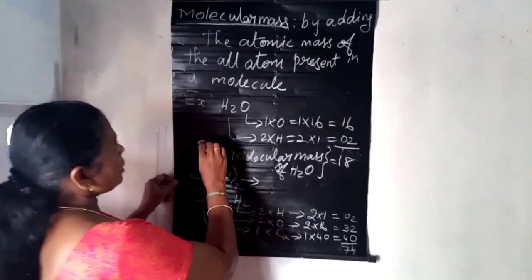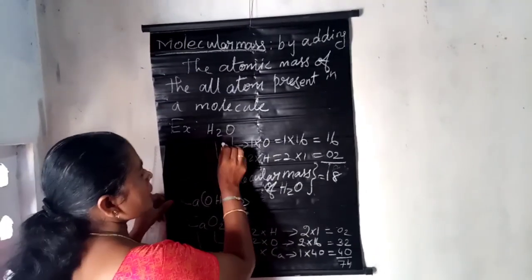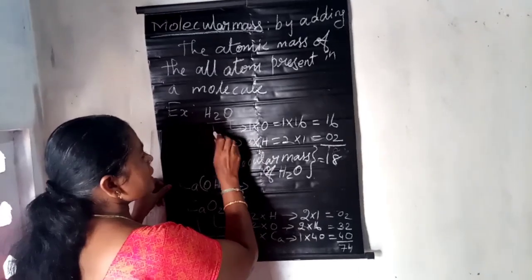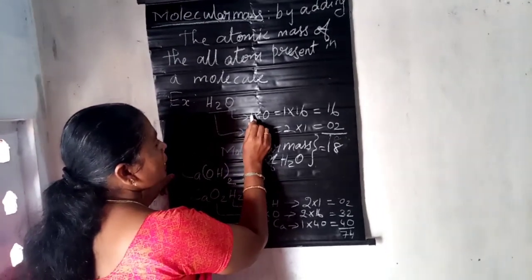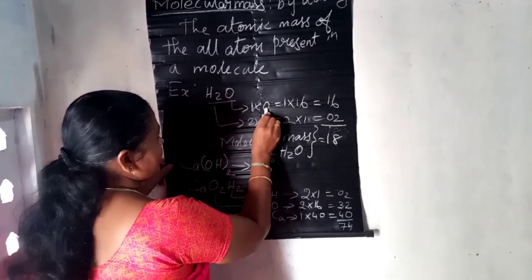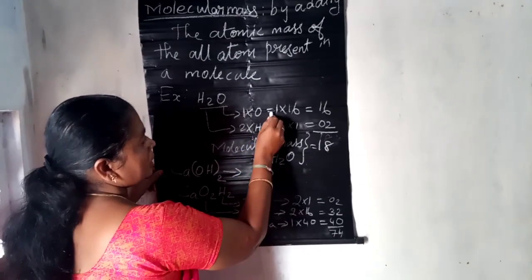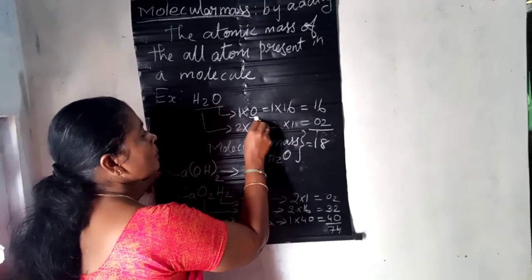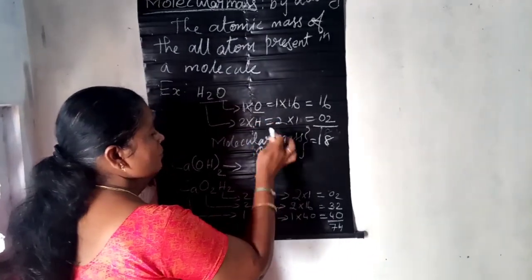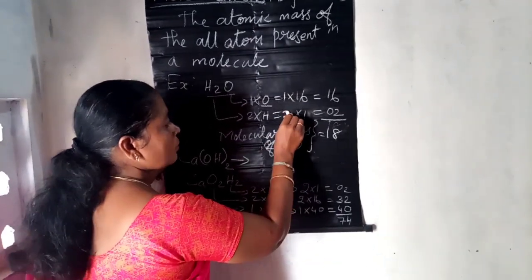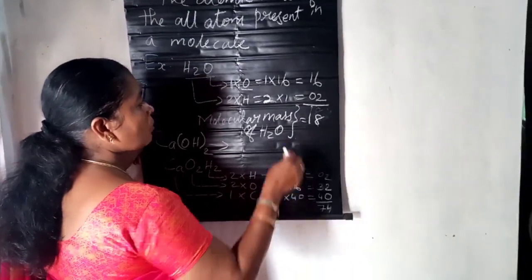So, first example you see, I take it as H2O. You find the molecular mass of this H2O. You first identify how many atoms are in it. So, oxygen contains only 1 atom. So, 1 into O. Hydrogen, 2 atoms, that is 2 into H equal to, see here, atomic mass of oxygen. Before class I will say the atomic masses of some of the elements. At the end of this video, I will give the atomic masses of some of the elements. You have to know it.